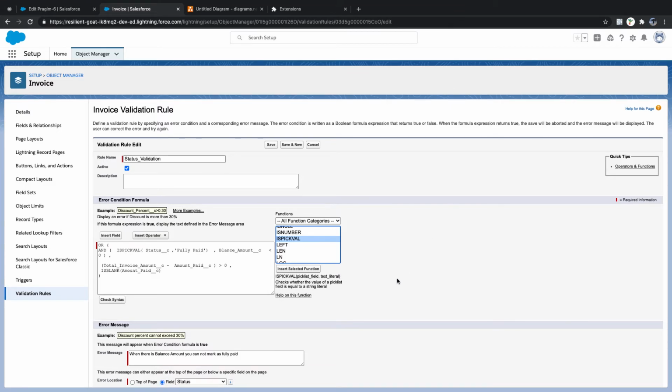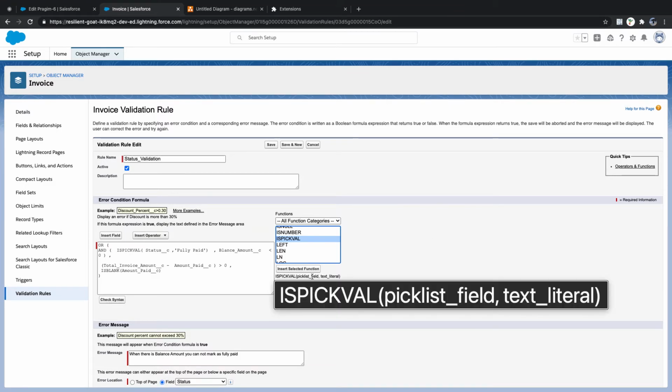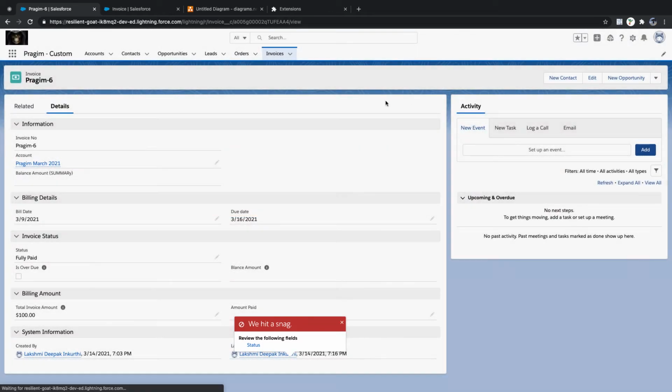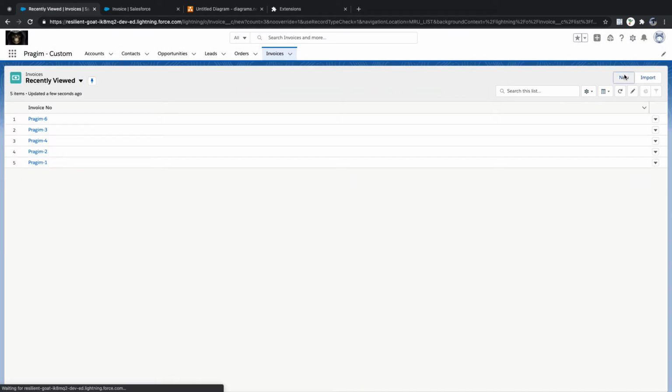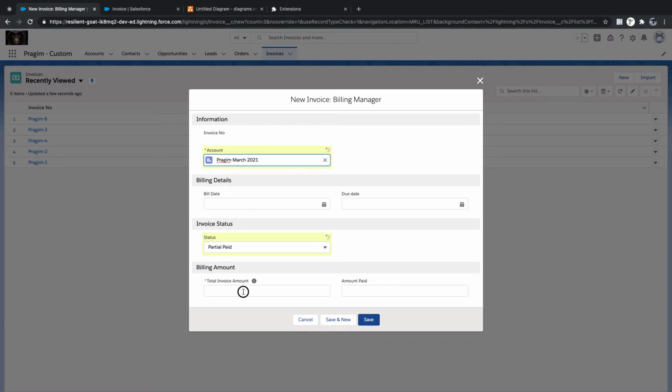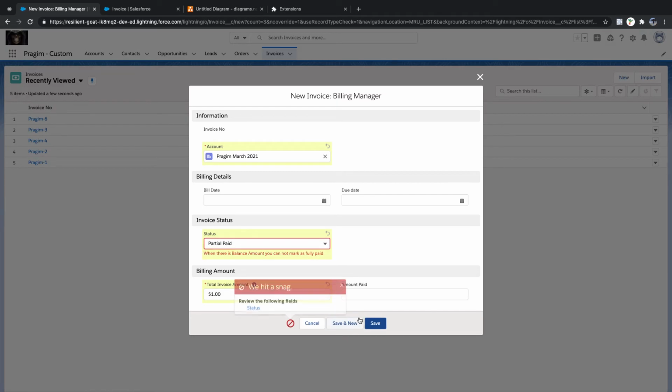Any question? No, if the business needs it. See, I am talking about fully paid; for partially paid, if needed, you can write it. To explain, I just picked this one. Whenever I'm creating a new record, the status should always say billed, not due or anything else. Clear? Right now, when creating a new record, I can select partially paid and save it instead of fully paid, even with this validation. But this is wrong, isn't it?